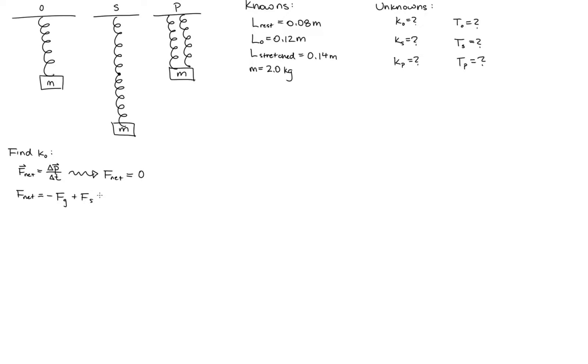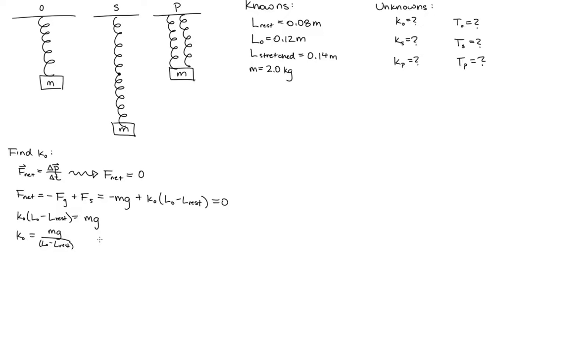For this problem, we will define up as being positive and down as being negative. Thus, our net force is given by the negative force of gravity plus the positive spring force. This is equal to negative mg plus K naught times L naught minus L rest. This may seem to contradict how Hooke's law is given. However, we can tell from our qualitative reasoning that the force must act in the upwards direction